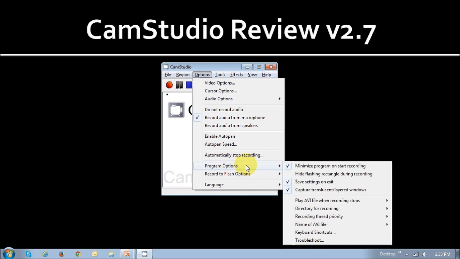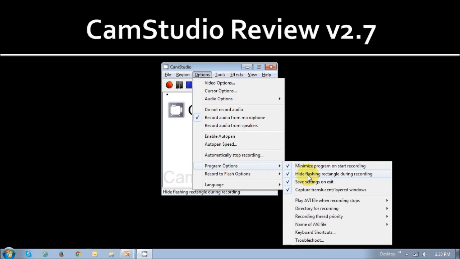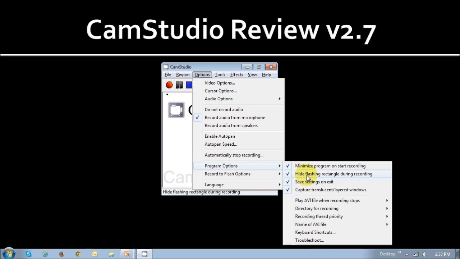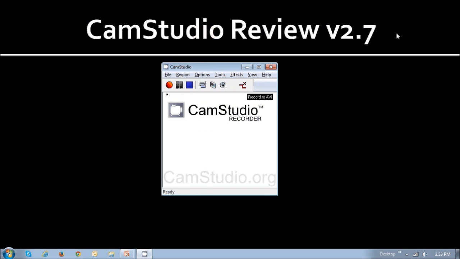And program options, hide flashing rectangle during recording. This is another thing that I keep checked. If it's unchecked, it's basically when you're recording for regions. If you do have this unchecked, then it'll actually give you a full flashing box, and it's basically to show you, okay, this region is being recorded, so you can